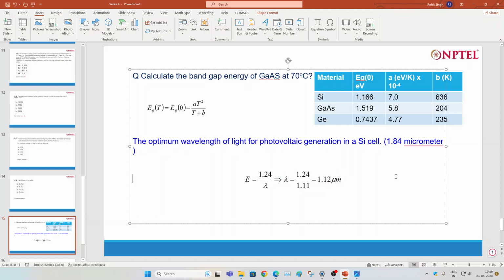Okay. So this is given by E, that is energy, equal to 1.24 upon lambda. Lambda is wavelength. Okay. So if you shift lambda here, E there, and put the values, you will be able to get the optimum wavelength. So earlier it was 1.11, just put it here, 1.24 upon 1.84, and you will get the value. Okay, so